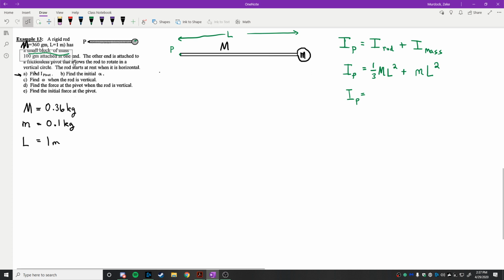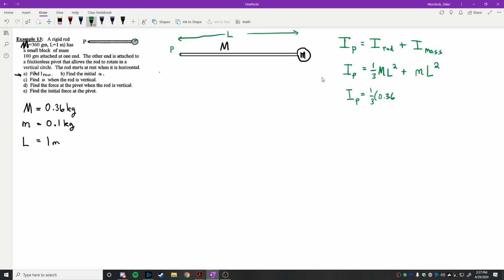And certainly this one's cryptic too, right? So we don't know what it is. We're just going to call it a point mass. Okay, so let's keep going here. We found the moment of inertia about the pivot, but we didn't calculate it yet, right? So 1/3 times